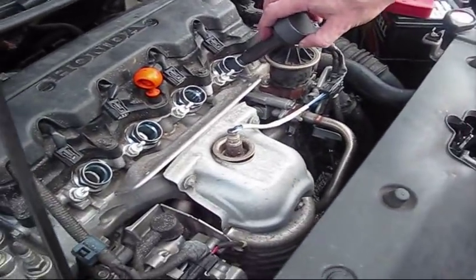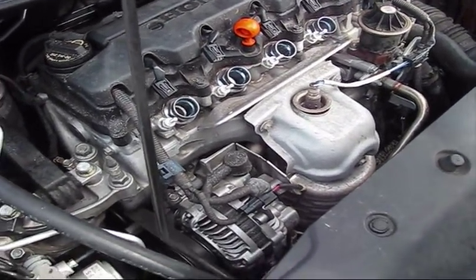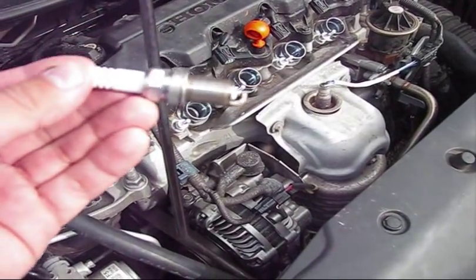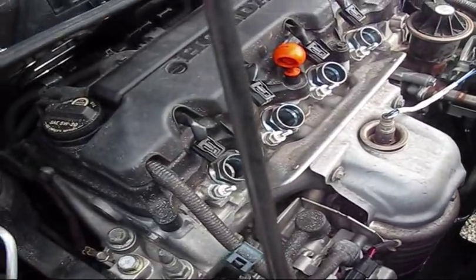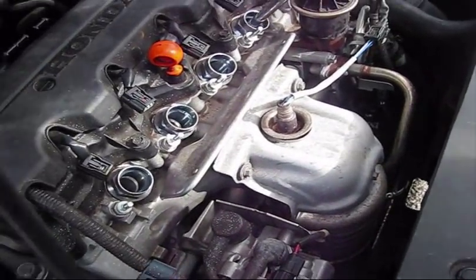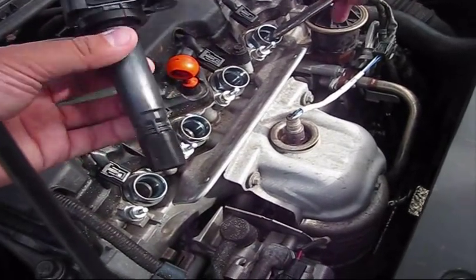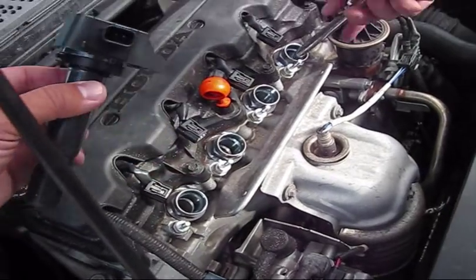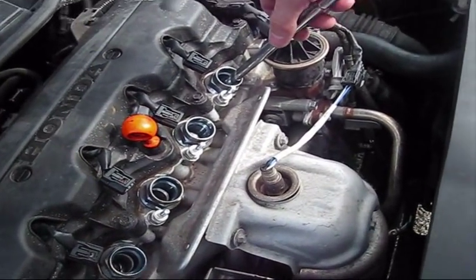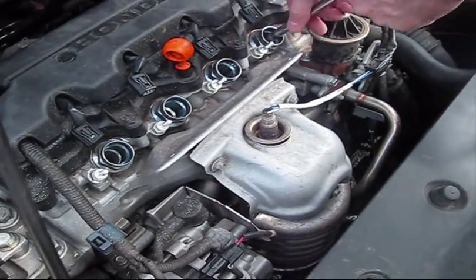Before attempting to replace your crankshaft sensor or camshaft sensor because of poor idle, make sure that all your spark plugs are original NGK, and make sure that you have retail original ignition coils, all 4 of them. If you have all 4 original ignition coils and original NGK spark plugs, and you still have poor idle, consider